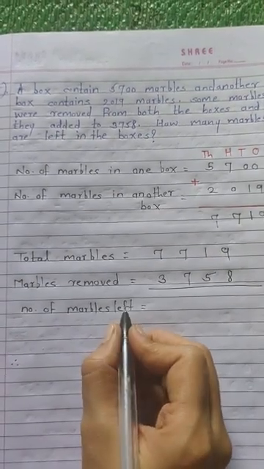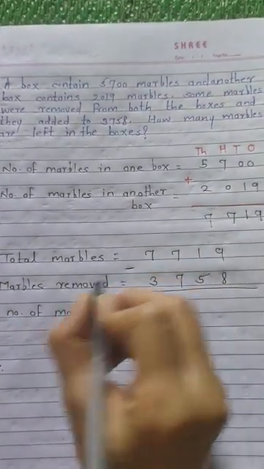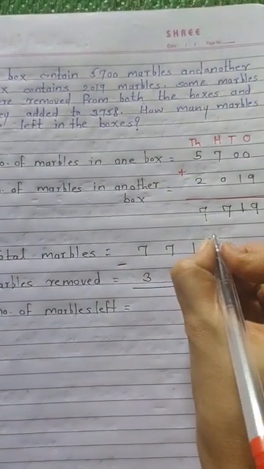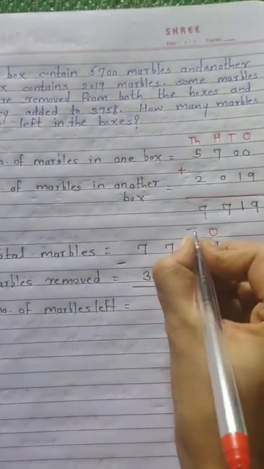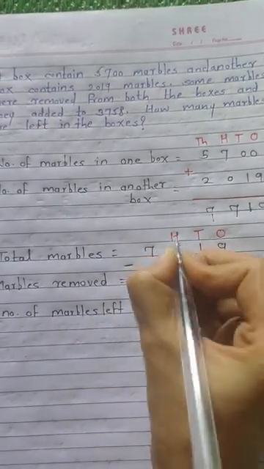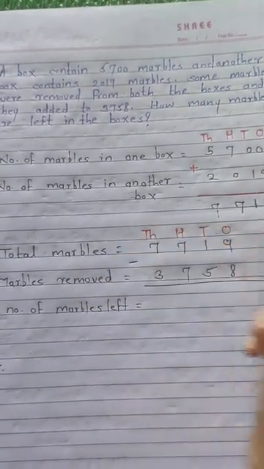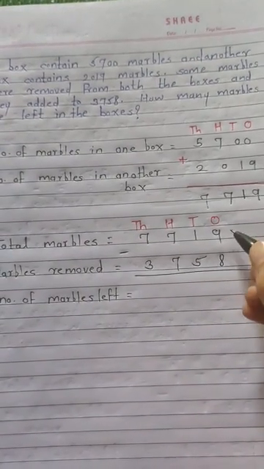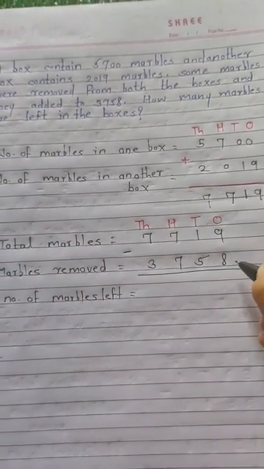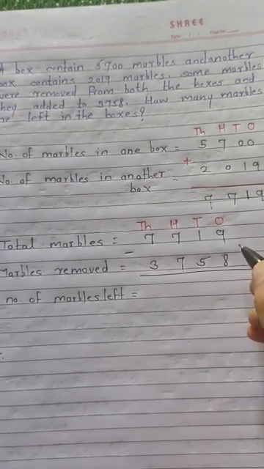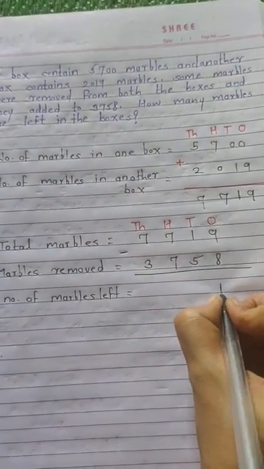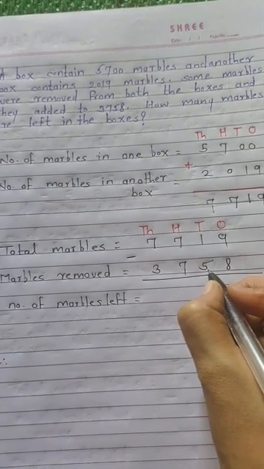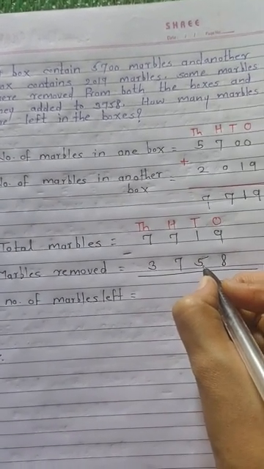For that we will do the subtraction. So we will put a minus sign, and first we will arrange the given numbers in the place value chart columns. So ones, tens, 100, and then 1000. Starting from the ones place, 9 minus 8, first number is bigger than second, subtraction is possible. So after 8, 1, that is 9. So the answer is 1. 1 minus 5, possible? First number is bigger than second? No. So subtraction will not be possible.